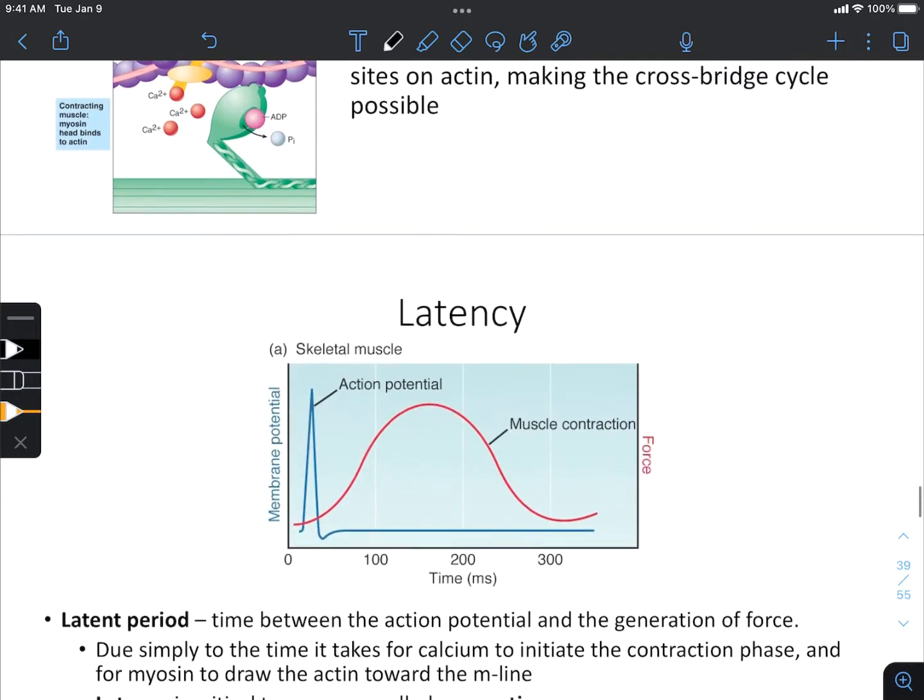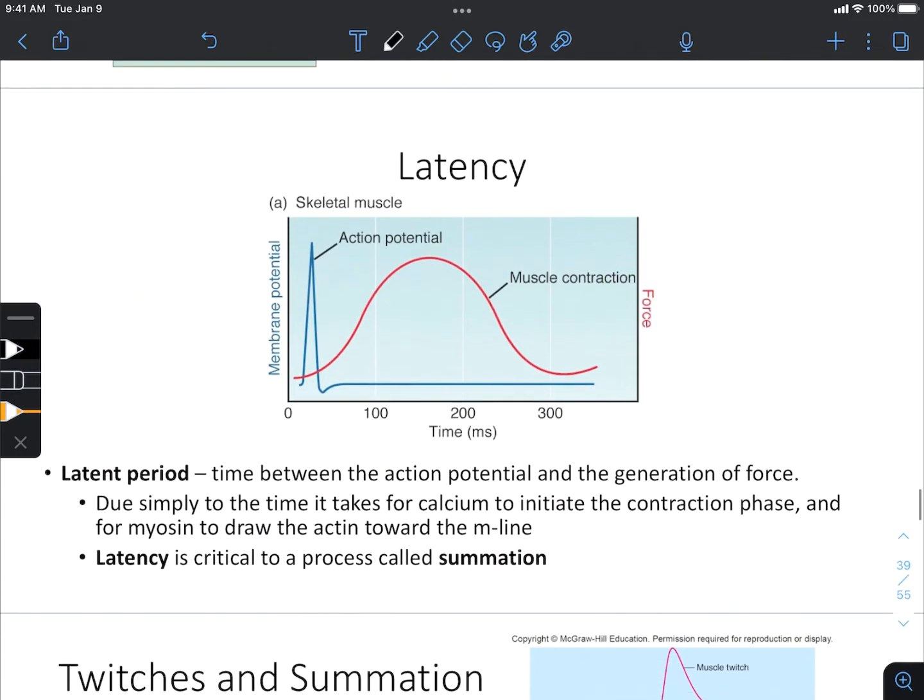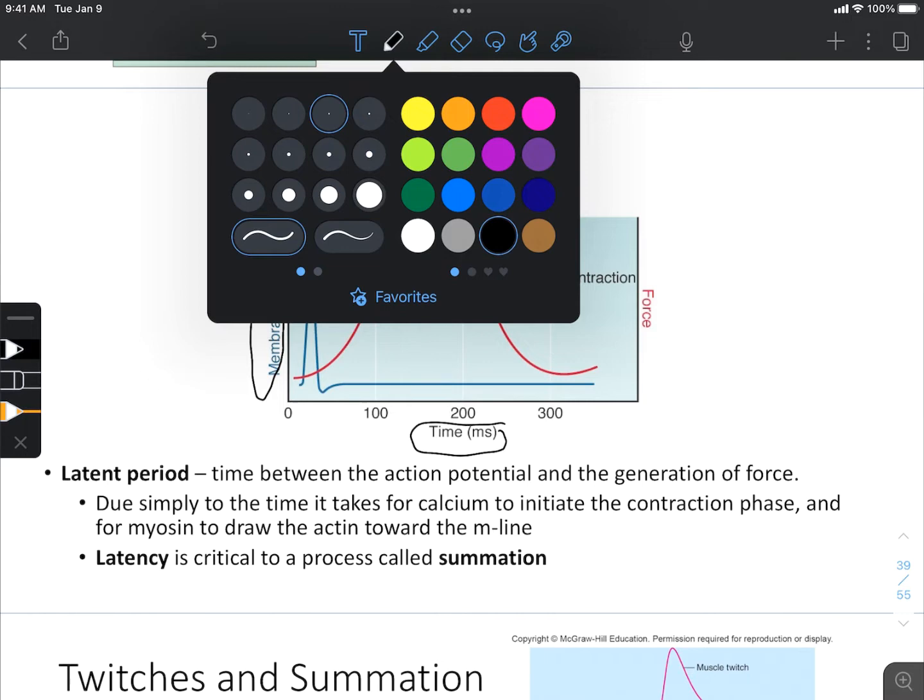Of summation, let's take a look at that. What you see here is a graph, actually two graphs superimposed upon one another. The first graph compares the membrane potential of the skeletal muscle fiber and time. If we take a look at the action potential that is generated, we can see this action